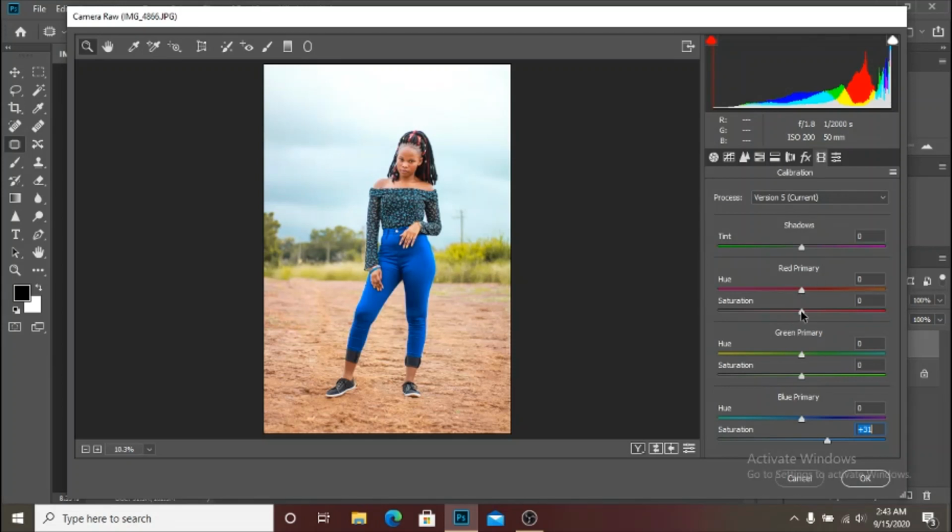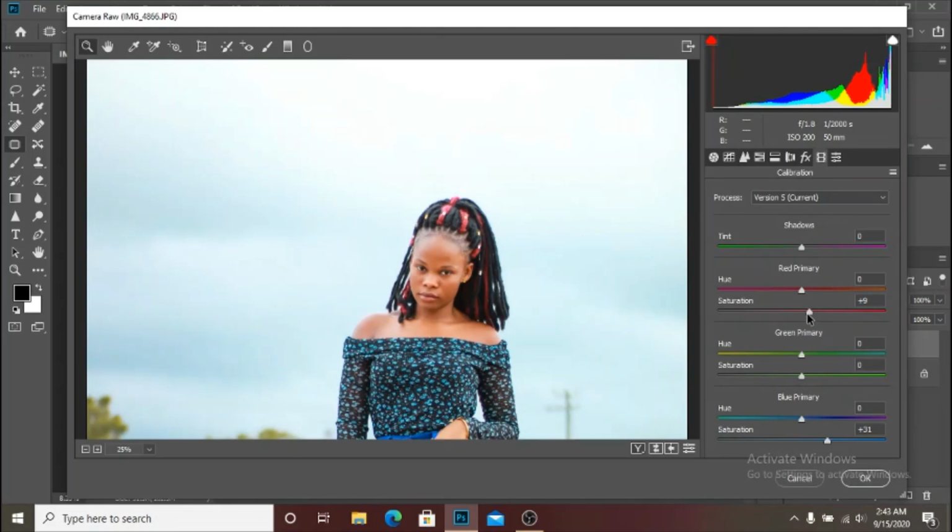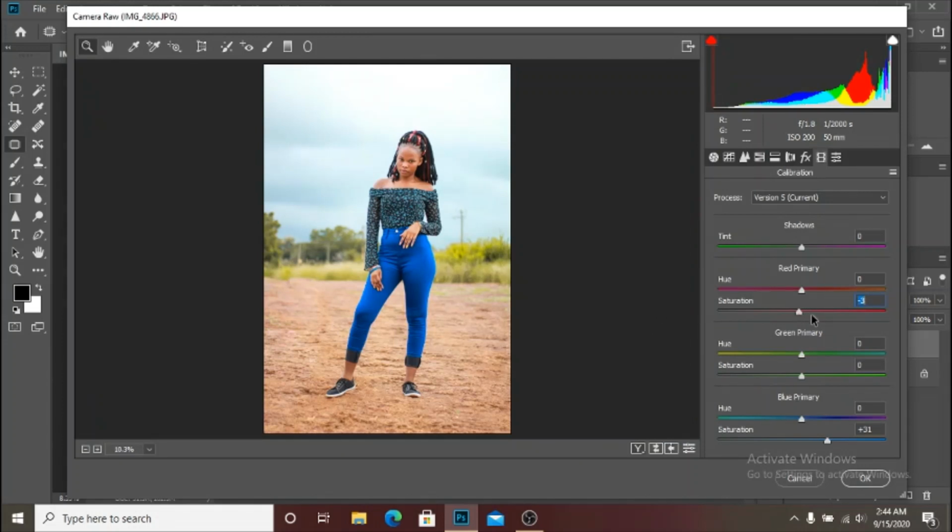So if I bring down the saturation of the reds, as you can see, look at the skin tones. If I bring down the reds, you see red leaves the skin tone, but it also affects the entire image. So it's not something I would like to do too much. So I'm just going to add just a little bit of reds. I think right about here